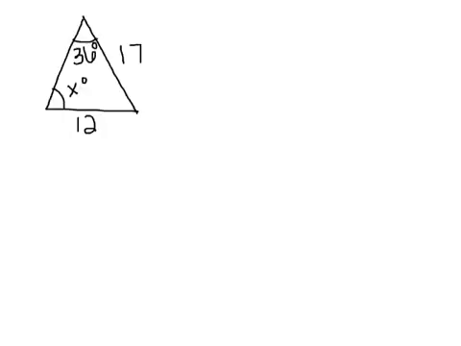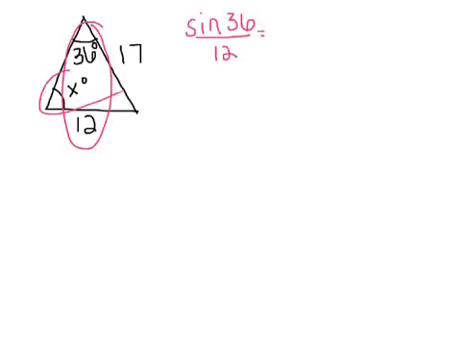Do you see that I still have a completed pair? Yep. Where? Which two numbers? Sine 36 and 12. Okay. So I can put the 36 and the 12 together. I can say sine 36 over 12 equals, yep. Now keep in mind that x is your angle measure. So you still want to do sine of that. So sine of x